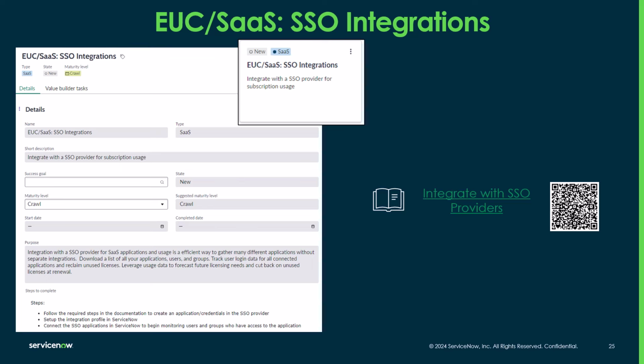And that's integrating with an SSO provider. So what is SSO? It's single sign-on. If your organization uses, say, Okta or Azure, you can do an integration from ServiceNow into that. Any of your SaaS-based applications that go through the single sign-on process, creating this integration is going to give you that list of applications and the list of users who are using them, and give you some visibility into what's going on within your SaaS estate. So you can establish that SSO connection for a really quick win to have visibility into what we have and who's using what